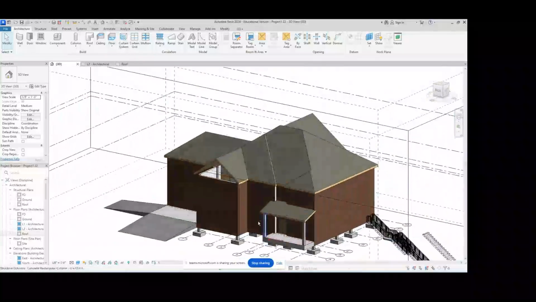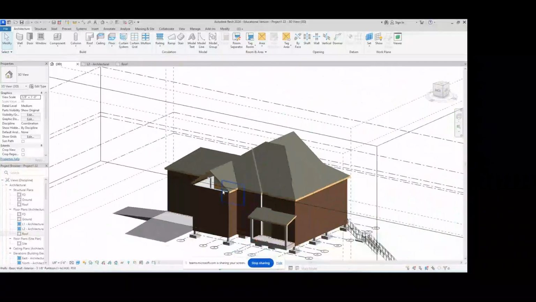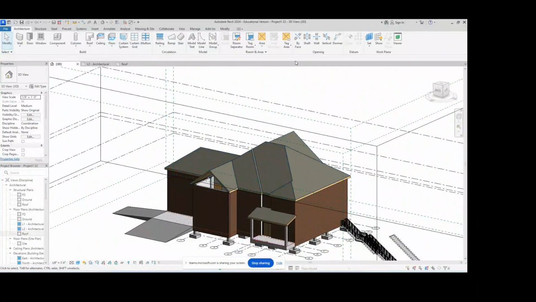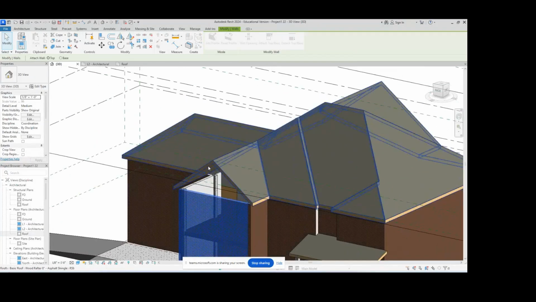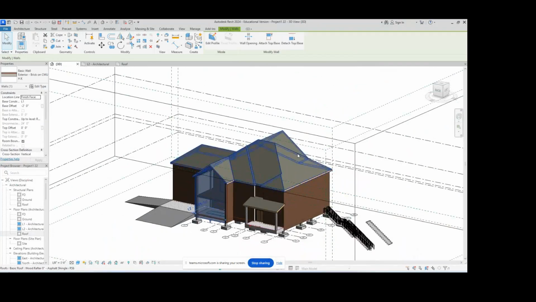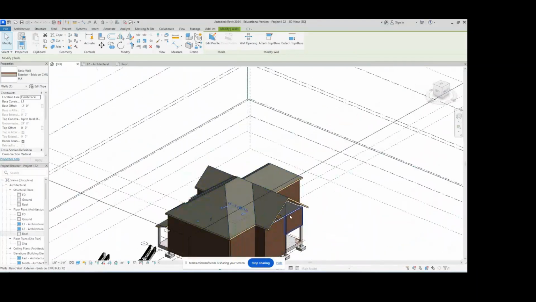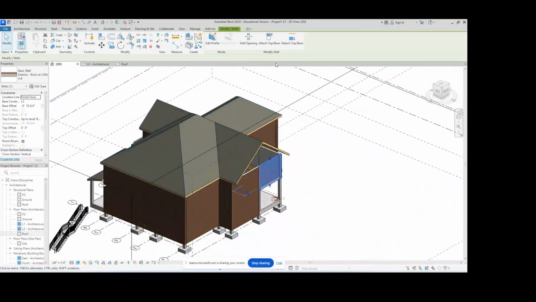And now you need to attach this wall to the roof. When you select your wall, you can see in Modify Wall, attach top or base. You can select it and select the top. And for this one,